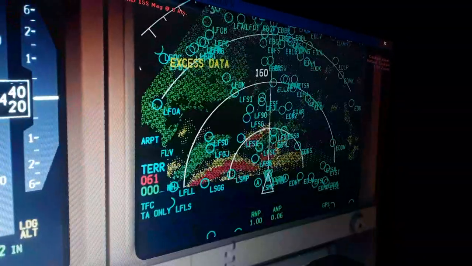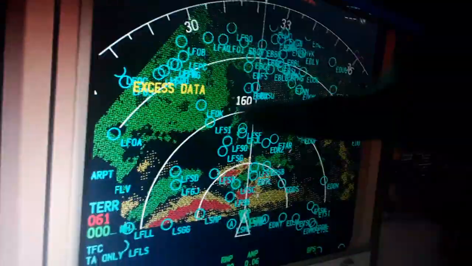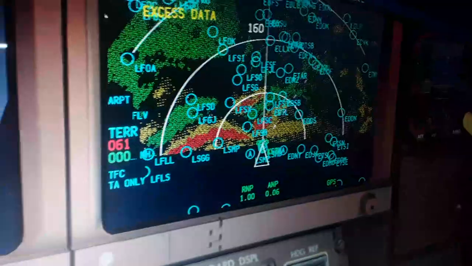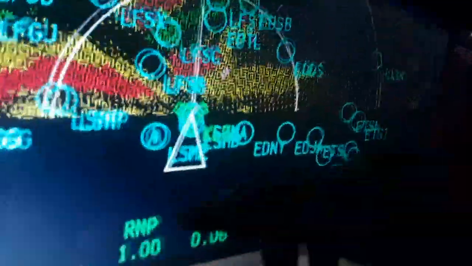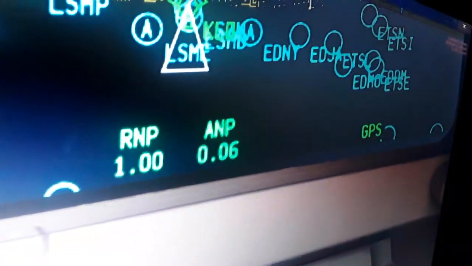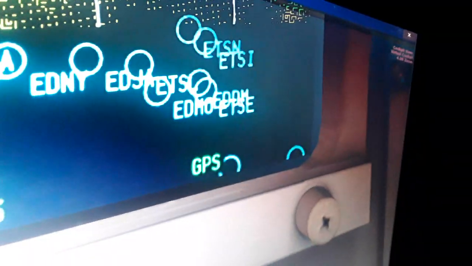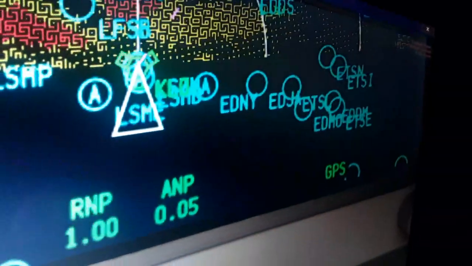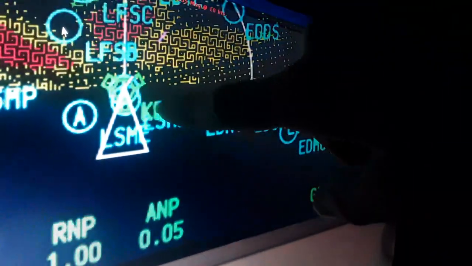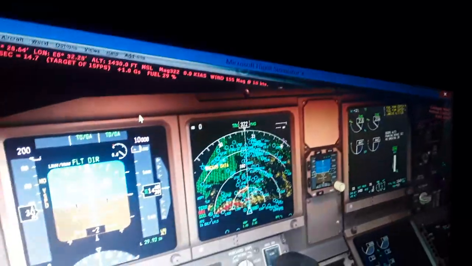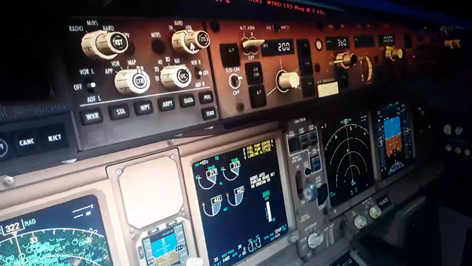332 magnetic. We have the distance rings here. You can see other aircraft flying around us using the transponder, and we have the ANP and the RNP, the actual navigation performance and the required navigation performance. You can see the GPS. This is our airport, LSZH, over here. We have some waypoints and other data. These are the main functions. I'm going to continue